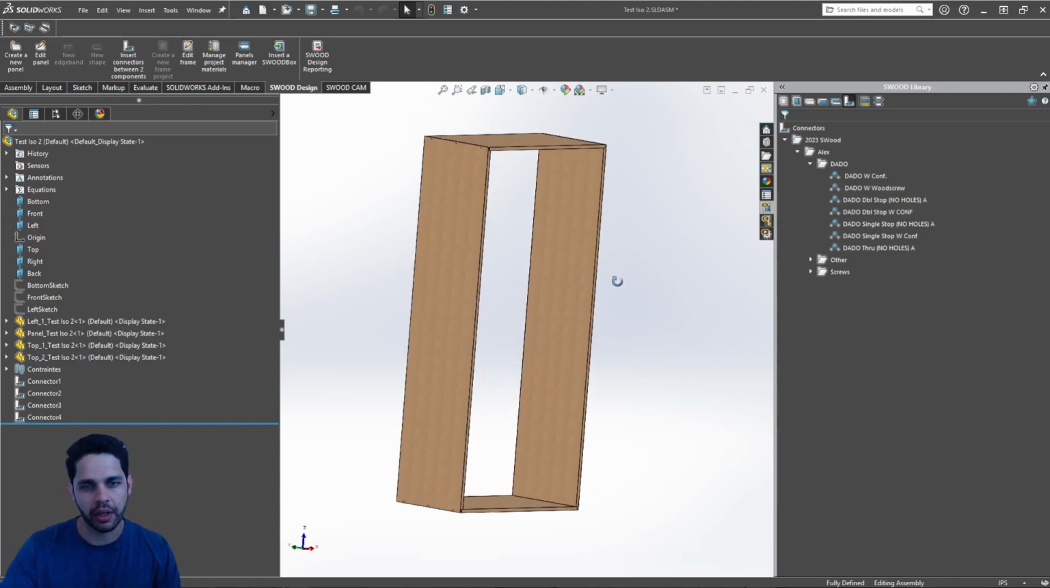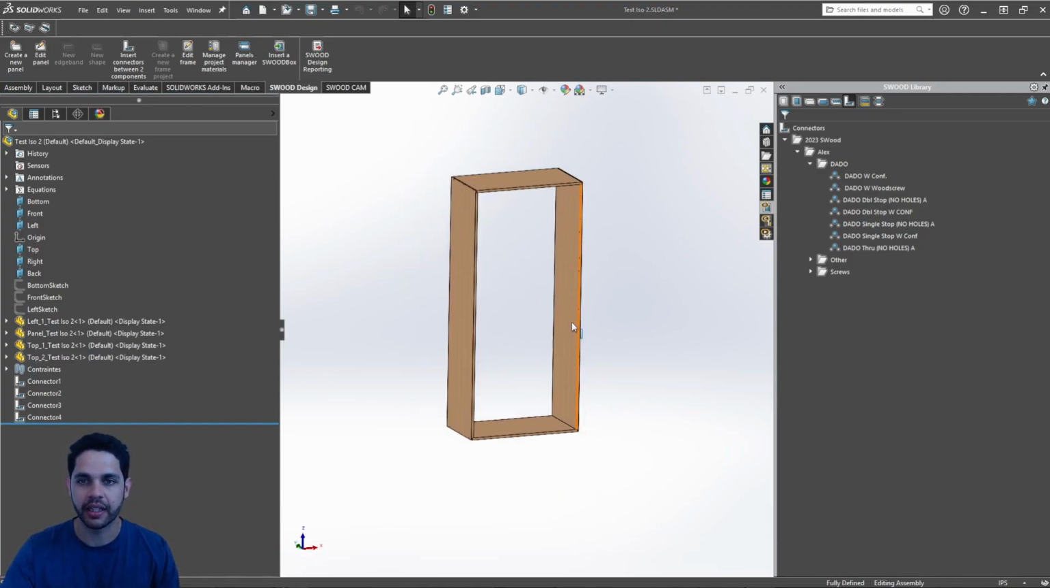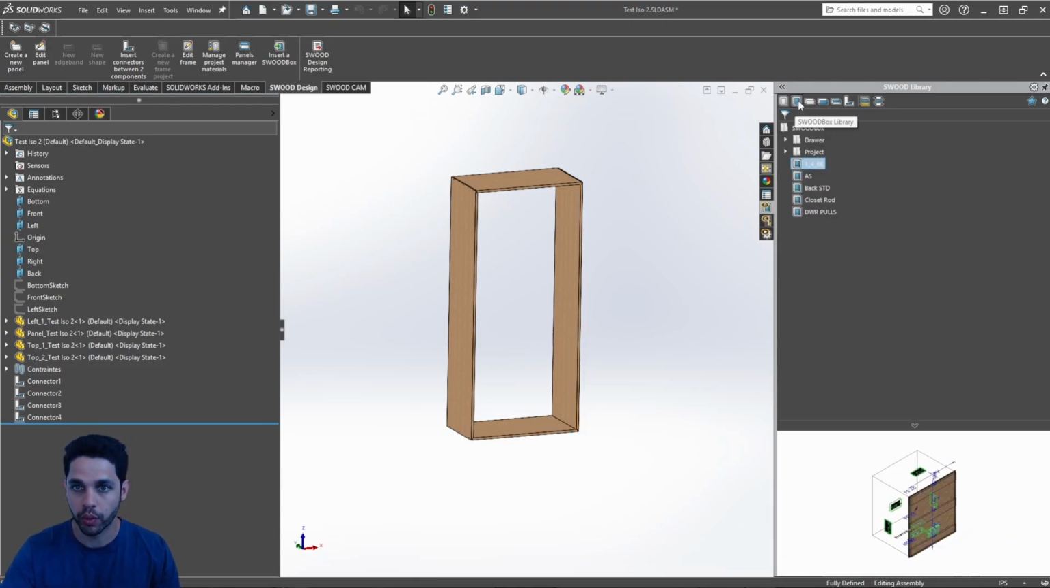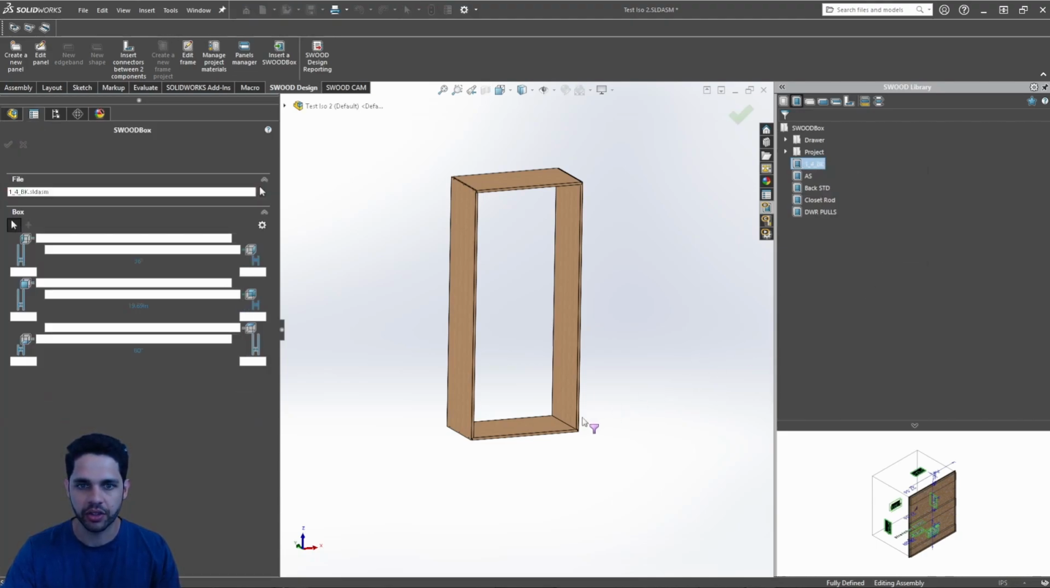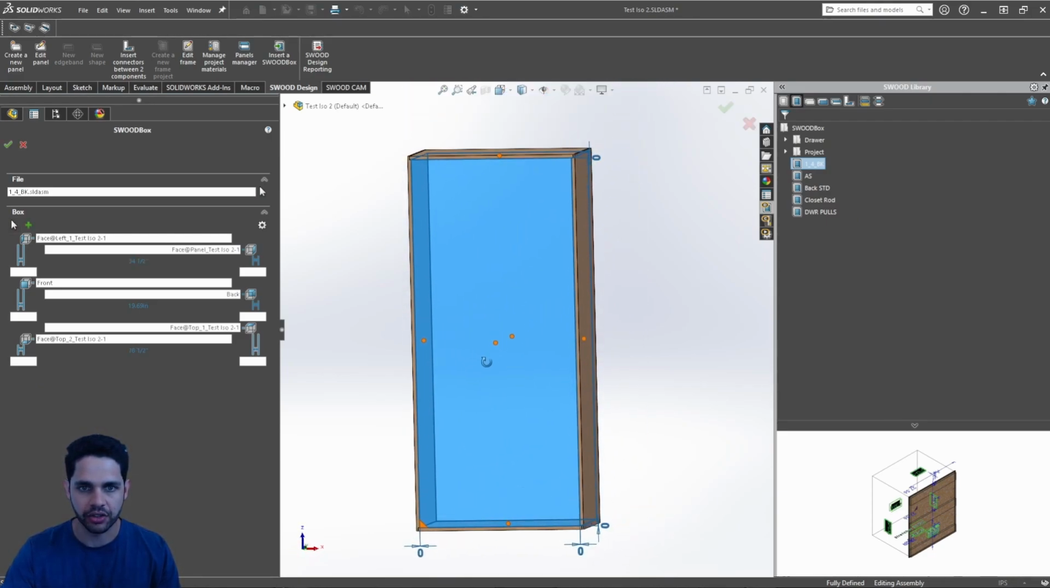Now what I want to do is add a back. My back I'm using through a SWOOD box feature. So your frame can contain connectors, they can contain boxes. So I'll jump over to the SWOOD box library, and I have this 1/4 inch back feature here. I'm going to go ahead, insert the SWOOD box, click it into my frame, and as you can see,